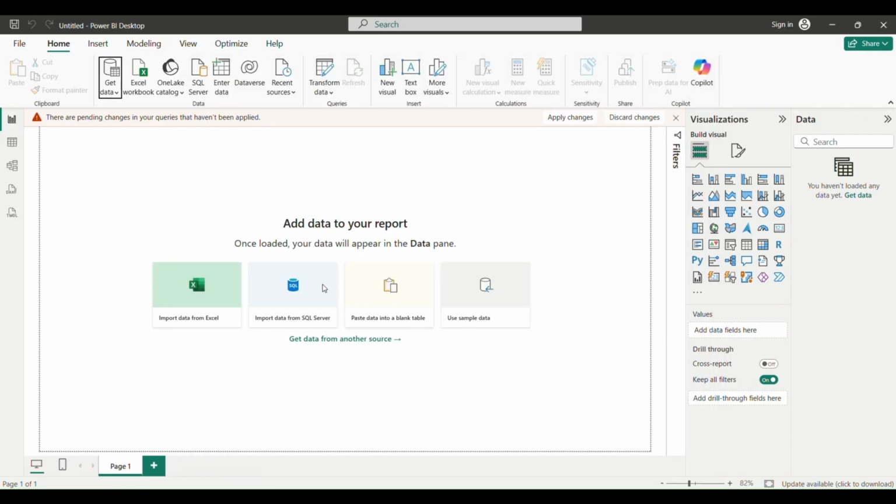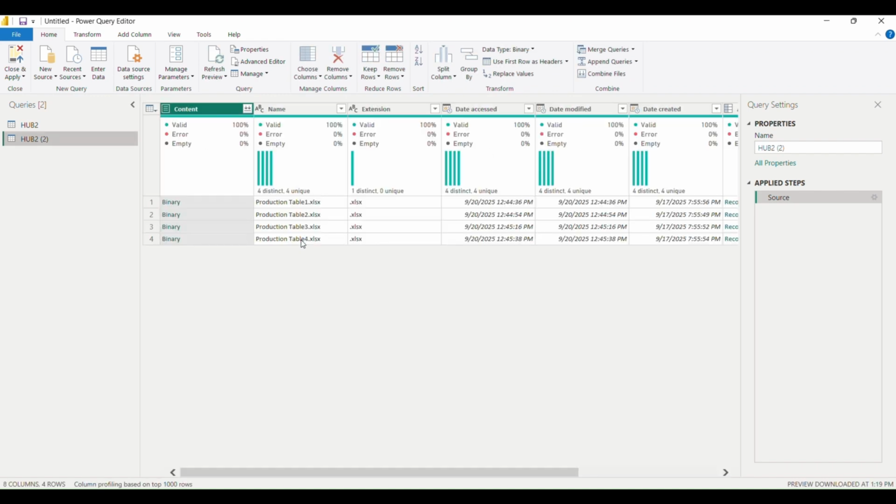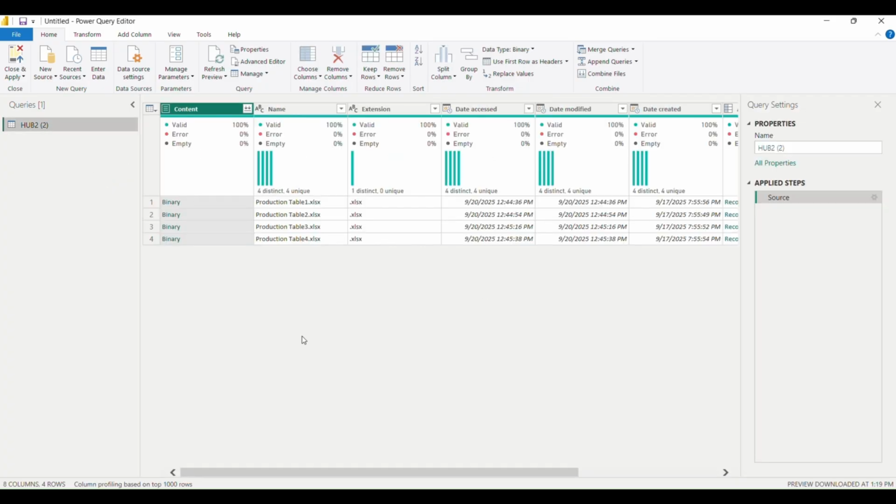We click Transform Data, and we have our 4 tables there. I'm just going to delete this one, I forgot about it. So this is our file, and until here everything is the same approach.